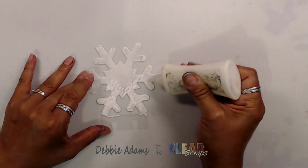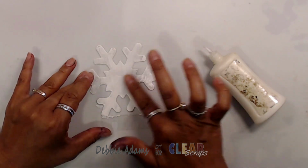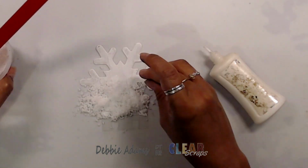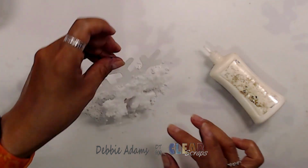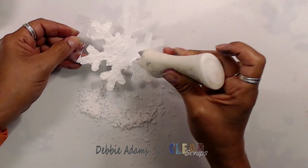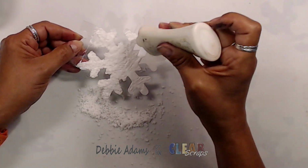Now, while our tree is drying, we're going to work on our little snowflake here. And now you can grab your adhesive glue and you can go ahead and rub that all over your snowflake. And then you can apply your faux snow, if that's what you want to do. I used what is called Instant Snow to Go, and it is a new product that I'm trying out,